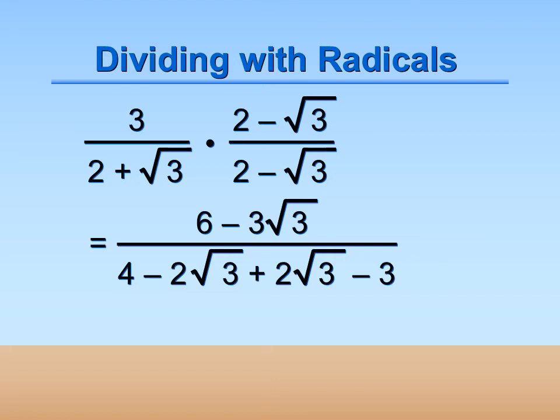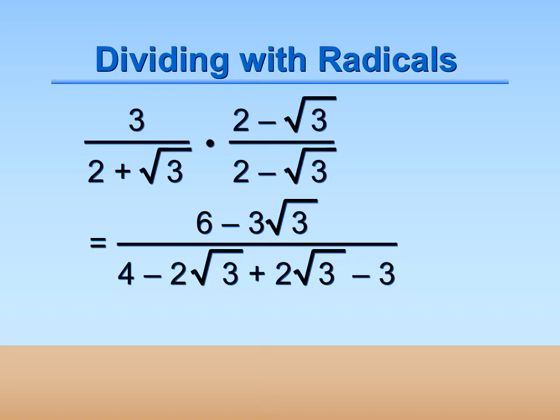For our denominator, we use our box method, right? So 2 times 2 becomes 4. Okay, and then 2 times negative square root of 3 is negative 2 square roots of 3. And then 2 times the square root of 3 is 2 square roots of 3. And then the square root of 3 times negative square root of 3 becomes negative 3, because remember, the radicals cancel each other out. So now we've got 4 minus 2 square roots of